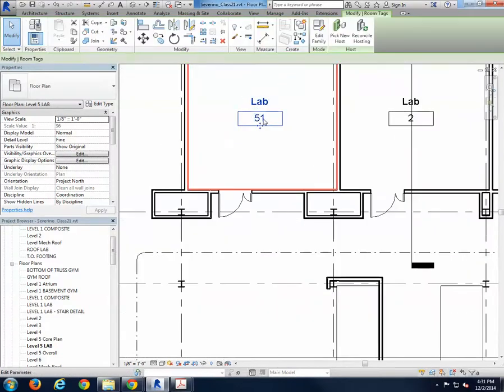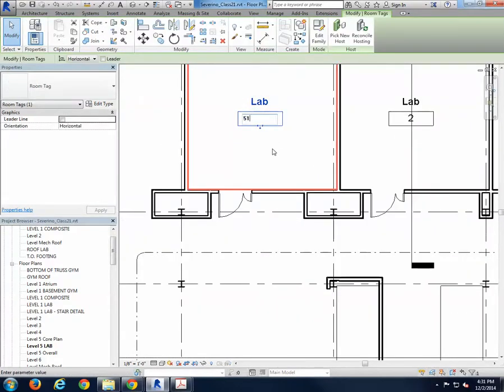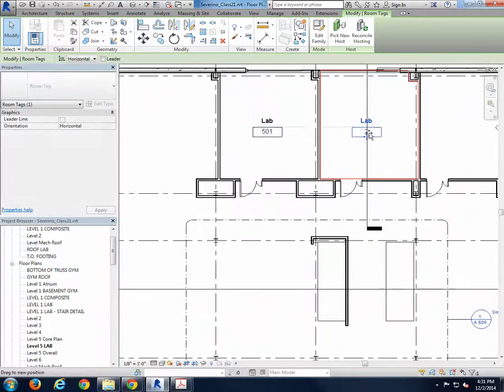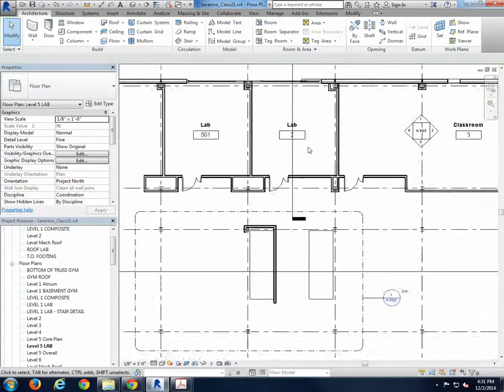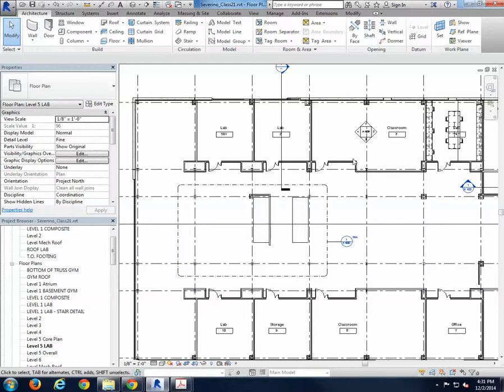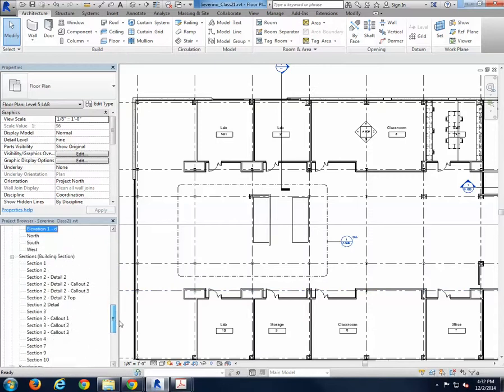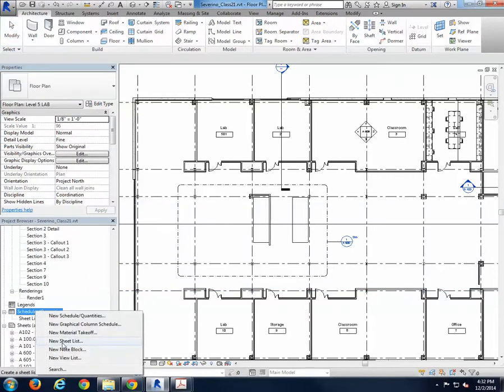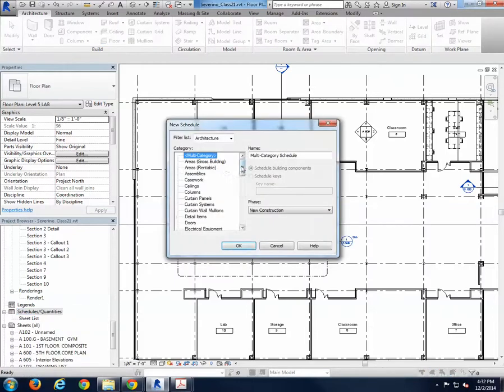So you want to probably put 501, no? And then 502. And I'm going to change one by one. Does that make sense? Or you guys think there's a list like the drawing list, but for rooms, no? So let's do that. Let's go down to schedules and quantities, right click, new schedule, and here you can select rooms,